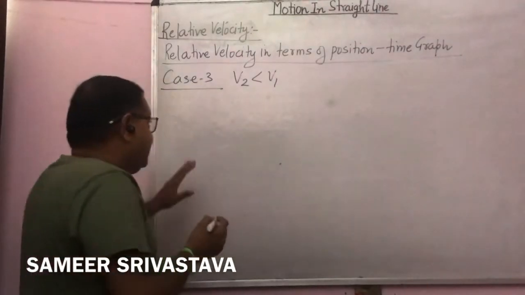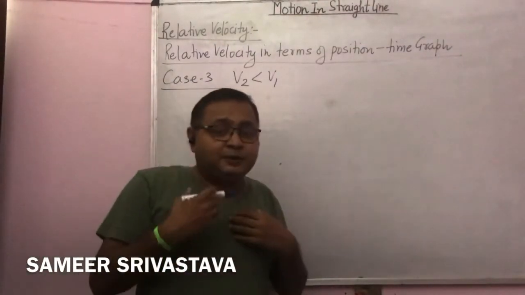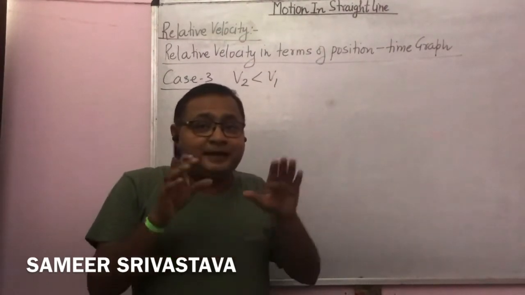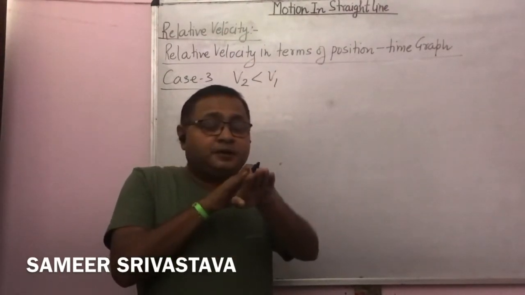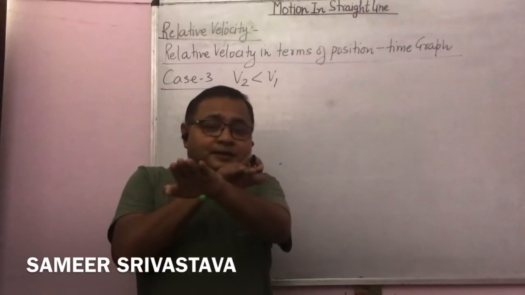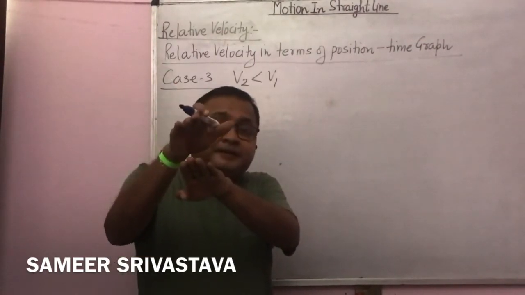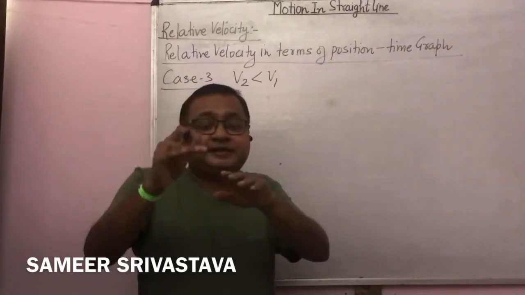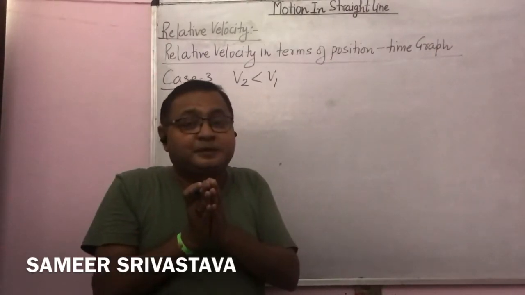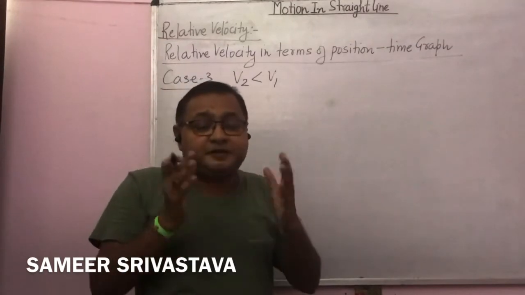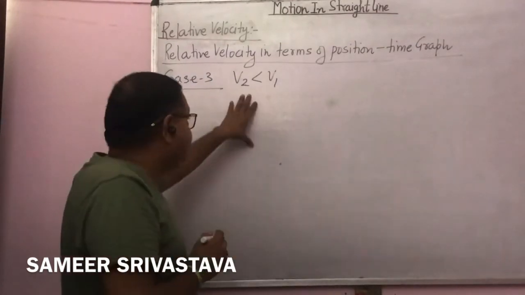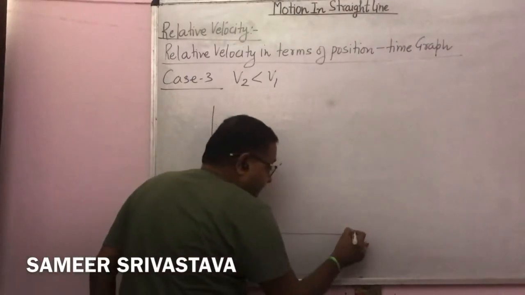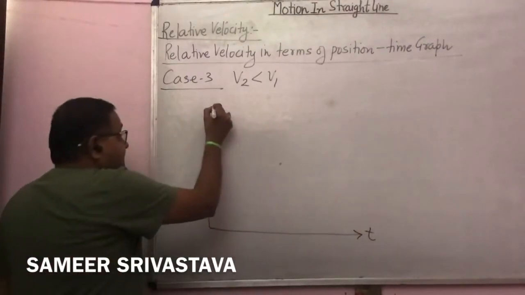What does it mean? If you and I are racing with our bikes, and my speed is gradually decreasing and you overtake me, what happens? When you overtake me, my speed decreases and your speed increases, so our difference of displacement decreases. In this condition, if I make a graph between time and position,